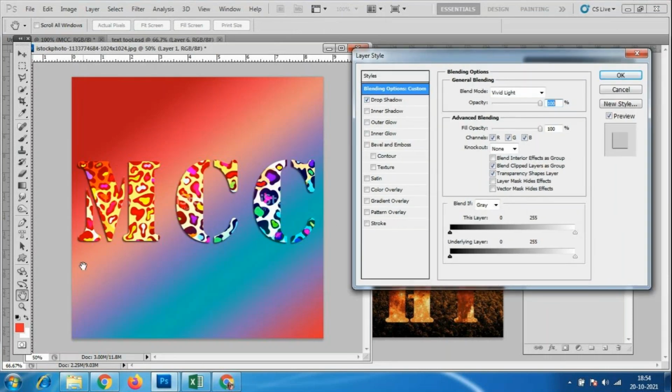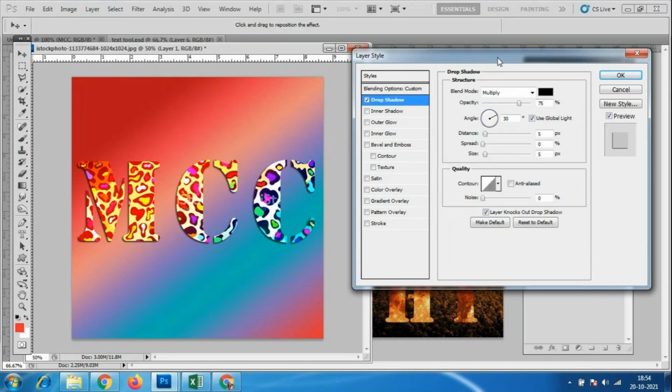Look at here. So a small drop shadow depth has come. My texture is also here, and I'll click on this drop shadow. Any changes we want to make with the texture, we can do all those changes. Okay, so I'll select this drop shadow.